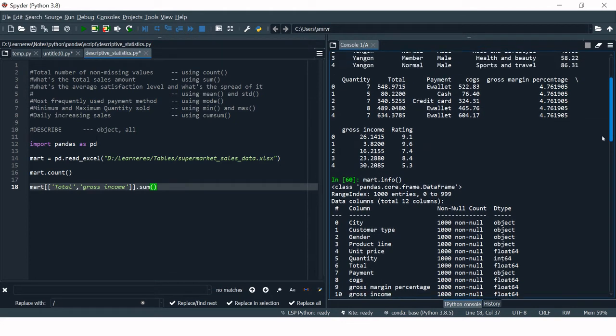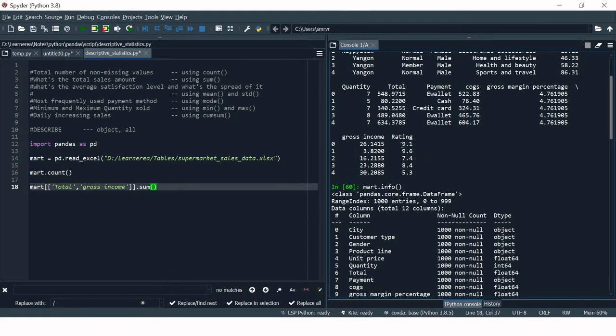Let's see what the rating values look like: 9.1, 9.6, 7.4. That's how our rating value looks. This is a rating given on the scale of 1 to 10. So let's find the average rating given by the customers to this supermart.